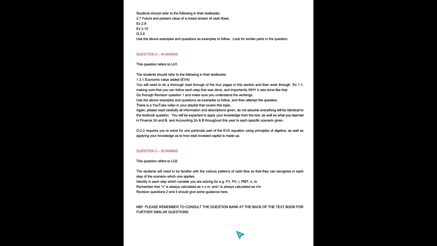But the variables that will be involved will always be the following. It will either be a PMT, a PV, an FV, it will be I, or it will be N, and then sometimes we have got M as well. Have I included everything? Present value, future value, I think that's it. So in a question like question 3, when they mention an amount or a number of years, you must identify